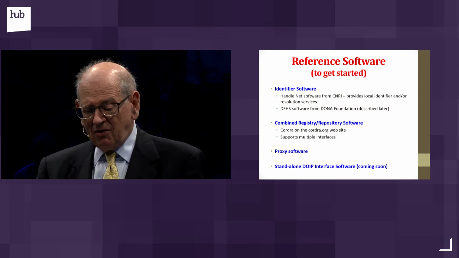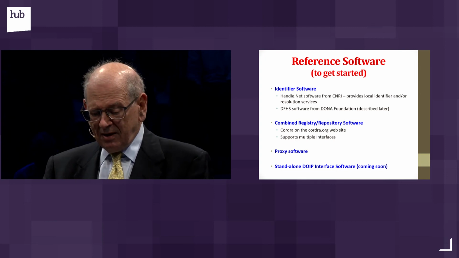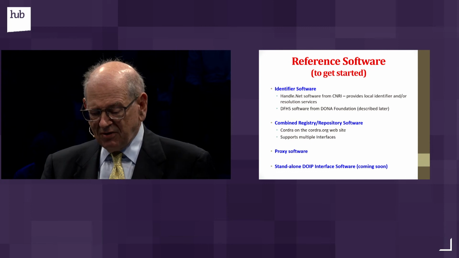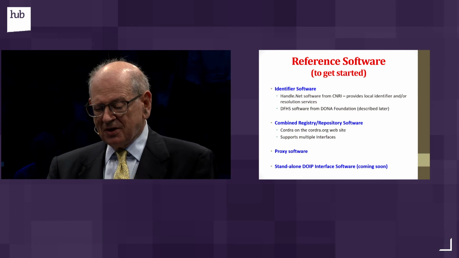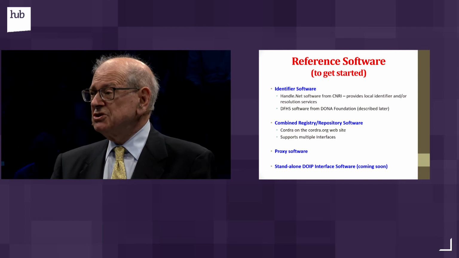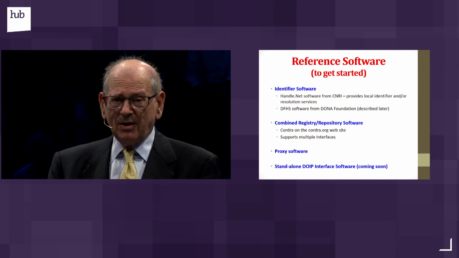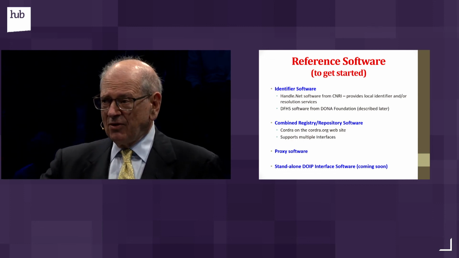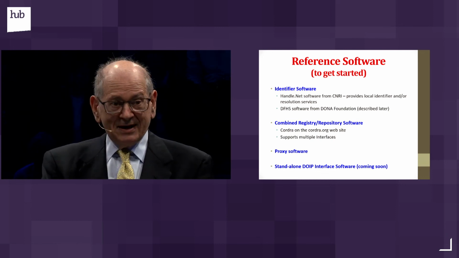You can get this combined registry repository software. It's currently on the internet at the Quadra.org website, but this doesn't yet have the DOIP software in it. That's going to happen, I'm told, within the next 3 weeks or a month. So I would say wait 3 weeks and then download that version so you can experiment with the DOIP interface software. And there's proxy software that allows it to work with different kinds of private systems, such as the web. So if you were to provide a URL and that browser doesn't know how to deal with the handle system, the proxy will then convert it, extract URLs, and hand it back with redirects.